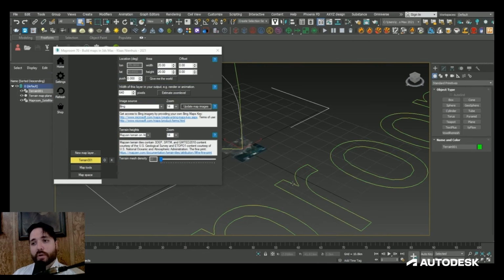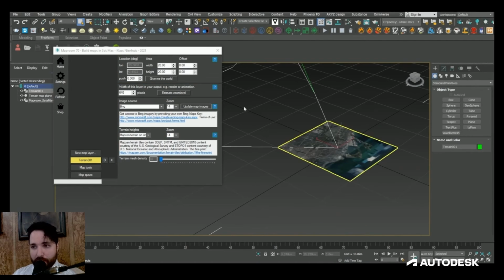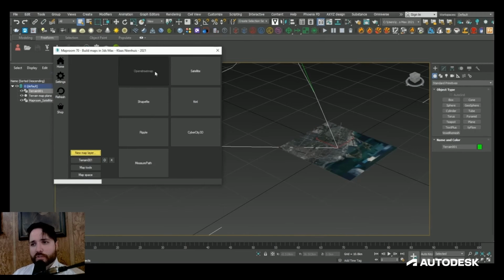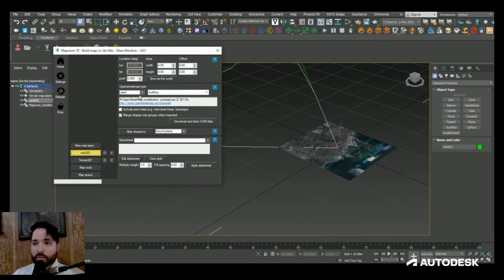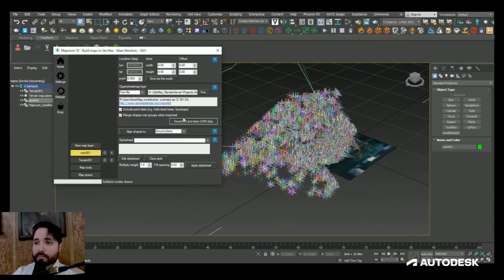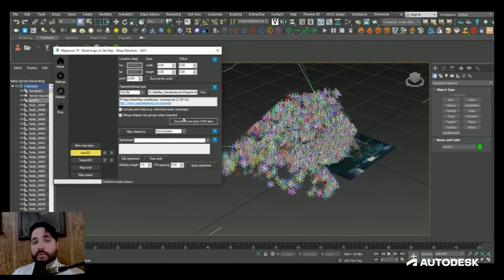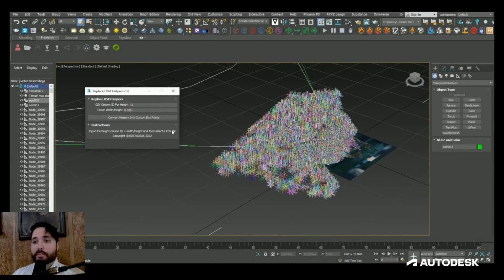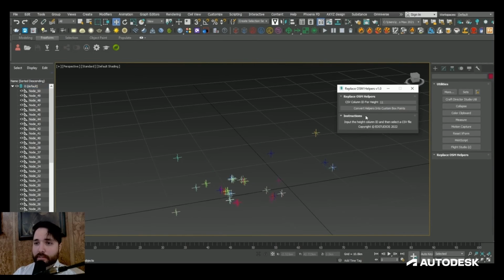Once I had my City of Toronto map loaded, I created a new OSM layer. And now what's cool about MapRoom is you can also bring in all kinds of OSM data, from street shapes to buildings, and even custom OSM data if you want, which is exactly what I used. So I loaded my custom OSM file, which was exported from Google Sheets, and it generated a bunch of these point helpers, which were defined by their longitude and latitude data, and it accurately plotted out all those points.